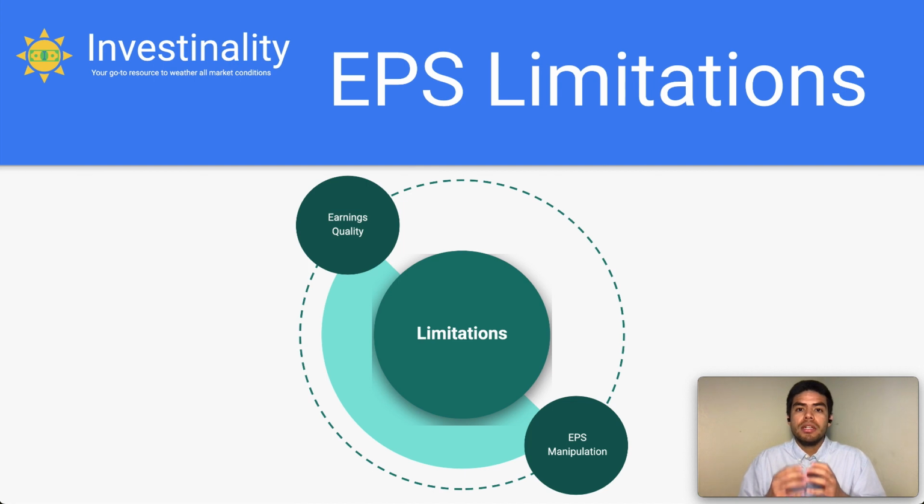On the other hand, there's also the concept of EPS manipulation. What does this mean? Well, EPS is earnings per share. Now, a company is in control of how many shares are out there in the open market. A company would be able to manipulate their EPS by changing the number of shares. Imagine that we have a consistent earnings value, but the company decreases the number of shares. In this case, the EPS would be increased. On the other hand, imagine again we have a consistent earnings value, but a company increases the number of shares. In this case, the company would be able to decrease its EPS.